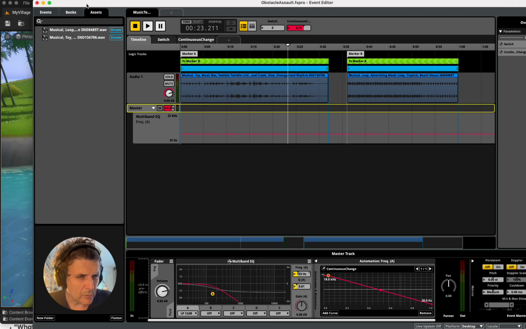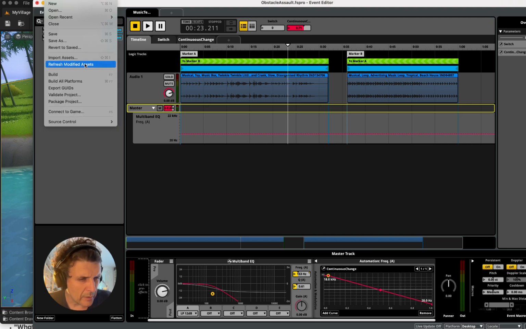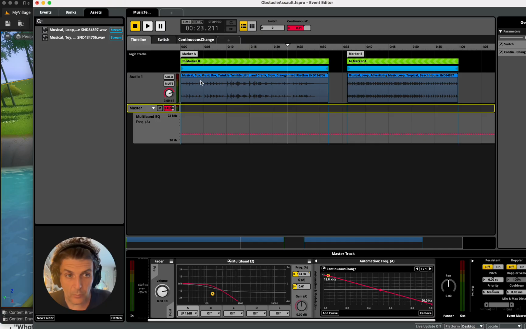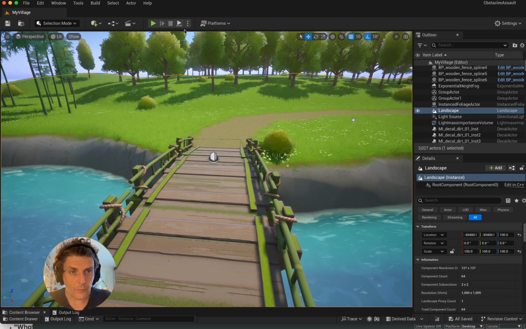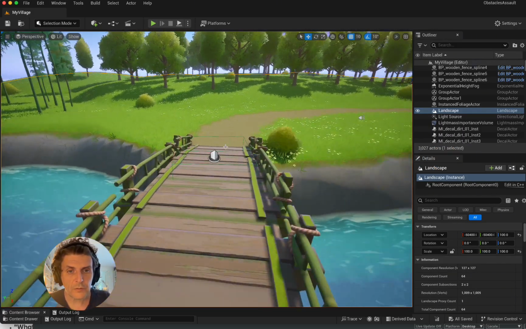So now we got it, because now we have two different types of parameters that we just want to see how to put into Unreal. So I build, remember that you always have to build even if it's just a parameter. And now I'm going to go into Unreal. The only thing to remember is that the name and how it is spelled is very important. So in Unreal we want to